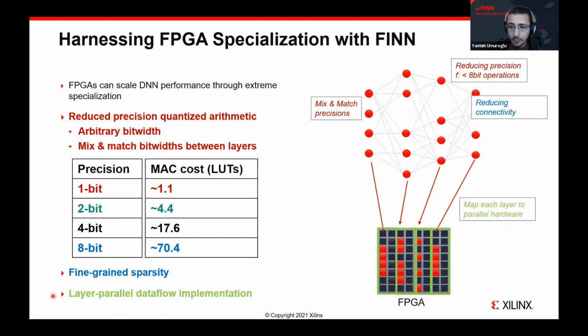A lot of the teams in the competition have actually used these techniques to lower the inference costs, and you'll be pleased to hear that FINN is actually able to take advantage of most of them, including the arbitrary bit width, mixed quantization between layers, and the layer parallel data flow implementation. When it comes to sparsity, structured sparsity techniques like channel pruning are fully supported and will be exploited by the compiler, although unstructured sparsity is only exploitable with what we call full unfolding. More on that in a second.